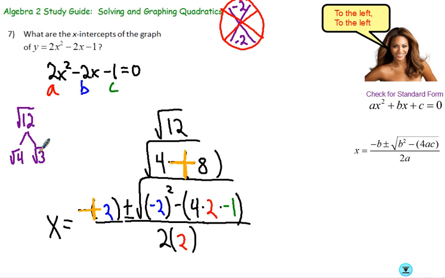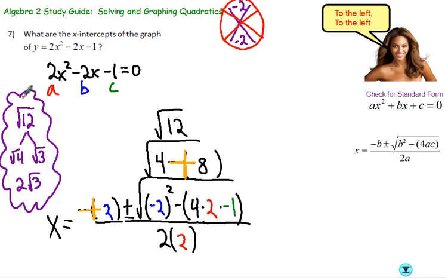A radical only comes off once something is a perfect square. So for instance, square root of 4 is 2. The radical comes off. 3 is not a perfect square, so that's all we can do with that, and 3 can't be broken down any further. So I would have 2 radical 3. As was the case for the other one, every time you do the quadratic formula,